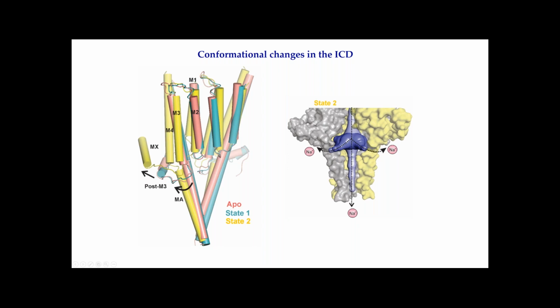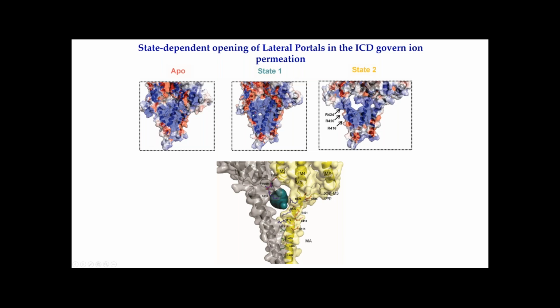And what we find is that this movement, as a consequence, creates a portal at the interface between the transmembrane domain and the intracellular domain, which is a likely path for ions to exit. This was previously suggested by Nigel Unwin's work, where he saw these portals in the early cryo electron microscopic images. And we found that in addition to formation of these helices, for these portals, is that they are formed